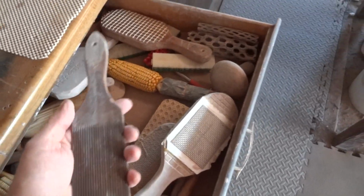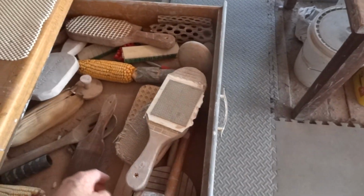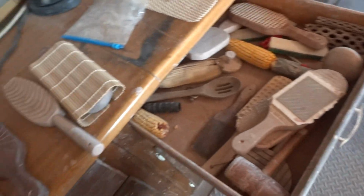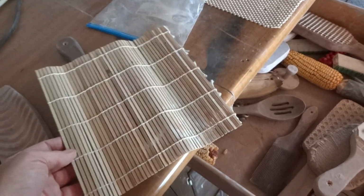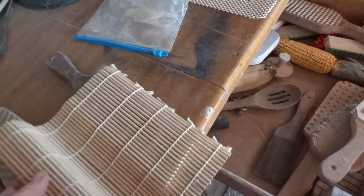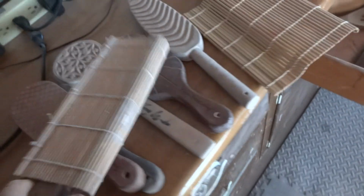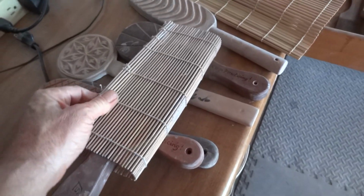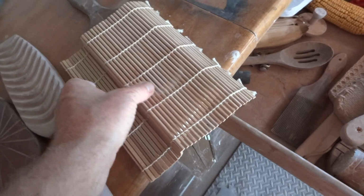It's all interesting. Oh look, a butter. This is a butter paddle. I use that one. That's quite fun. Enjoy that. And I came across this actually today. This piece of, it's like a sushi thingy. This is a different one here. Another one with a sushi mat, I believe that is. I don't know if this one is a sushi mat exactly, but